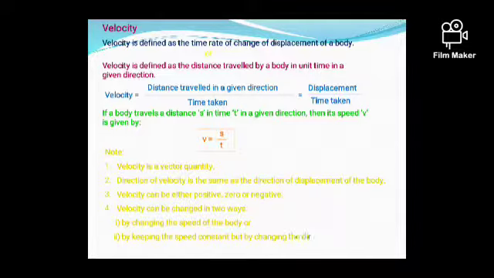After this we'll go to uniform velocity. But before that, let us see how velocity is measured. Velocity is measured in centimeter per second, the same as the measurement of speed. It is also measured in meter per second in SI unit, and the previous centimeter per second is the CGS unit, centimeter gram second. We can also measure in kilometer per hour.